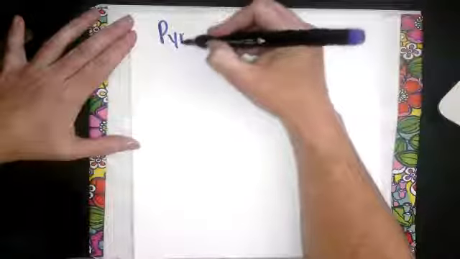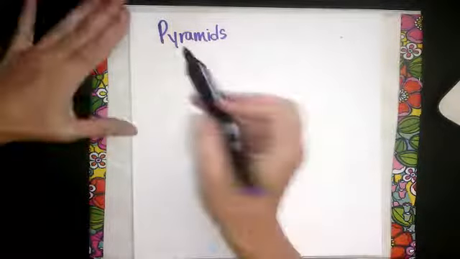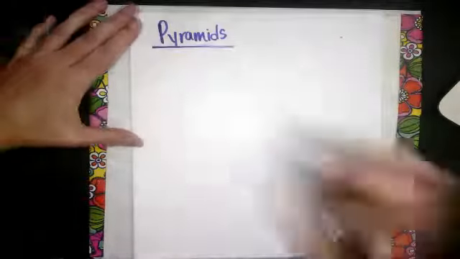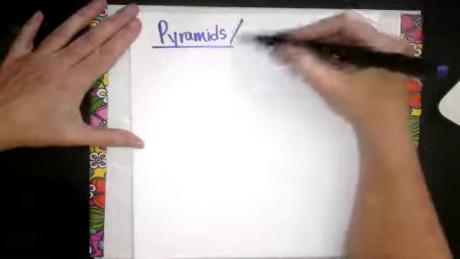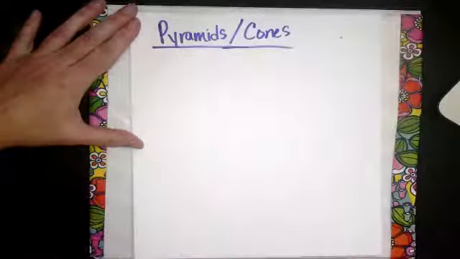Hi, it's Miss Smith. This week we're going to do surface area and volume for pyramids, and we're going to focus on regular pyramids, which means that the base is regular. So we're going to focus on squares and equilateral triangles since we know how to find those. And also a cone. And again, those are similar in that they have one base, and